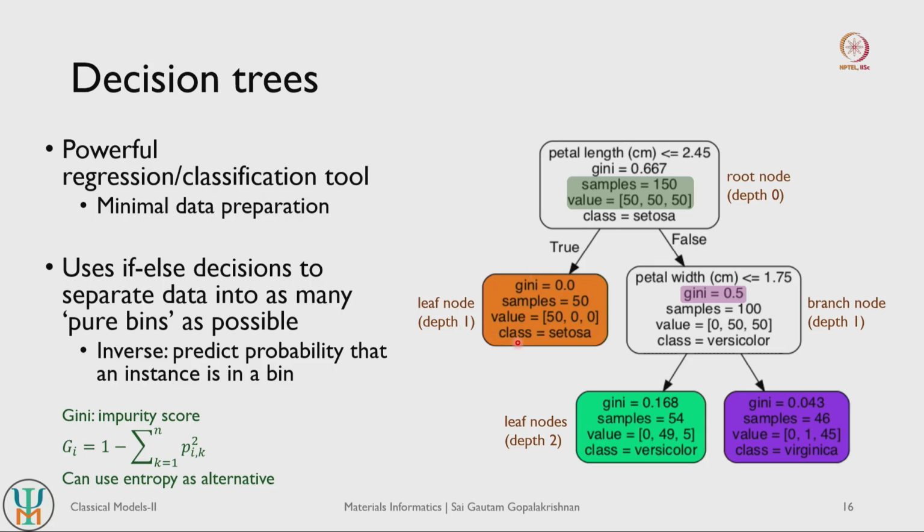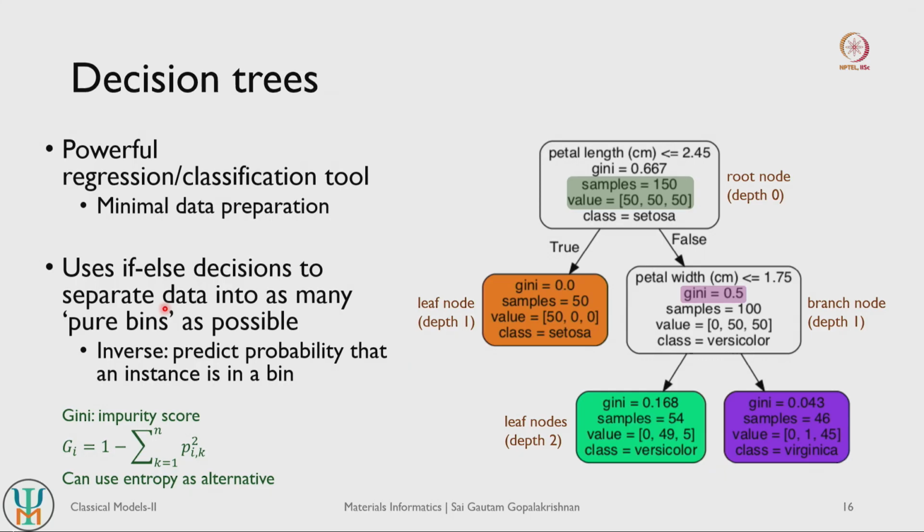So we want to minimize the Gini scores as much as possible. So you can sort of think of Gini scores as impurity scores, right. So the decision tree tries to minimize the impurities as much as possible. Another performance metric that can be used instead of the Gini score is cross entropy, that is, to use entropy as an alternative. This entropy cost function is very similar to the cost function that we saw for logistic regression and for softmax regression as well. So therein you try to put in the entropy term and you try to minimize the entropy term as much as possible, right. So this is how the decision trees sort of work.